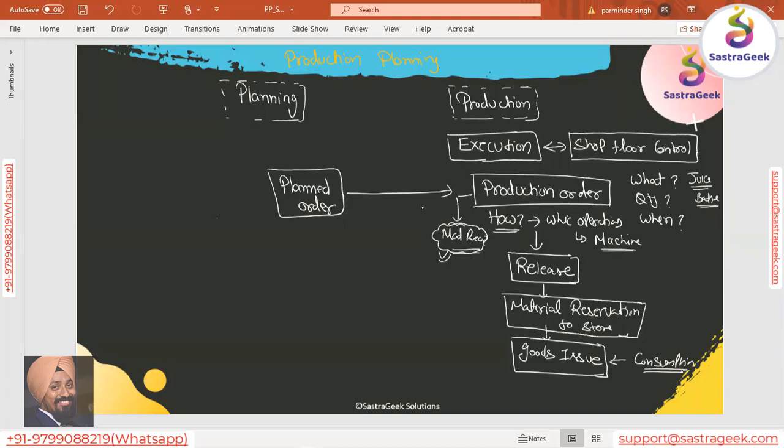So we'll be putting all the sugar and juice concentrate into a bigger drum or a bigger silo to get it mixed. Once we have put in those materials, they have been issued, consumed from our side, issued to the production order. And then you can have a production order confirmation. That production order is confirmed.